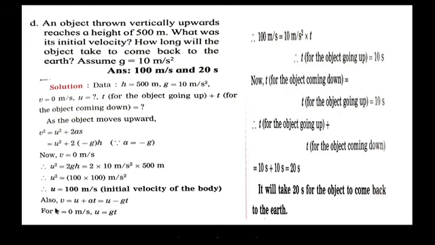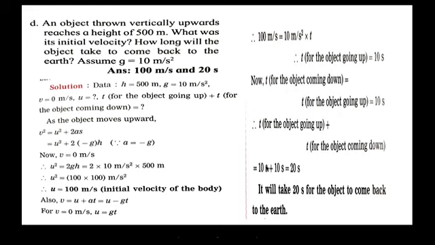Okay, also we have v is equal to u plus at, that is u minus gt. Okay, because a is minus g, v is 0, so u is equal to gt. Okay, so substituting the values, we have u, that is 100, is equal to g, that is 10 into t. T we have to find out. Okay, so from this, when we solve, we get t is equal to 10 seconds. Now this is the time taken by the object to go up. It will take the same time to come down. So the time taken by the object to go up is 10 seconds, and the time taken by the object to come down is also 10 seconds.